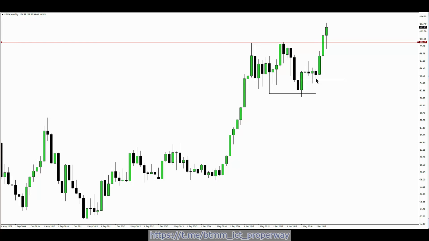So when price was a bearish candle here, that's when the order block would have been hit again. Okay, and then what do we have here on this candle? It violates this down candle's high. Okay, and the open on that candle is 95.98,